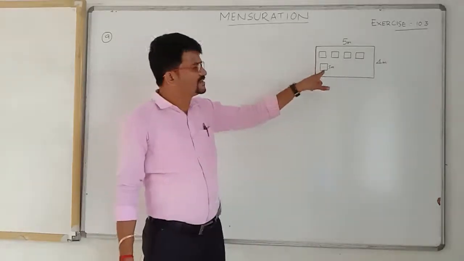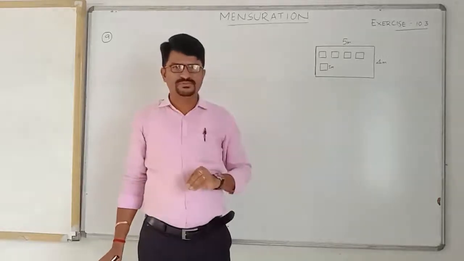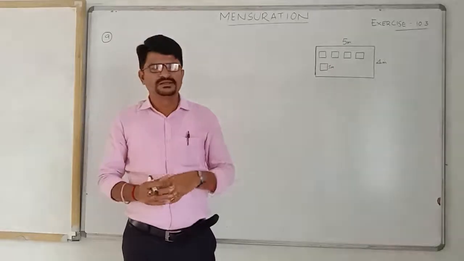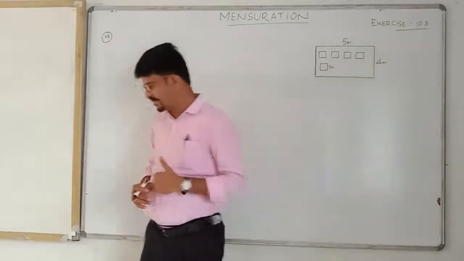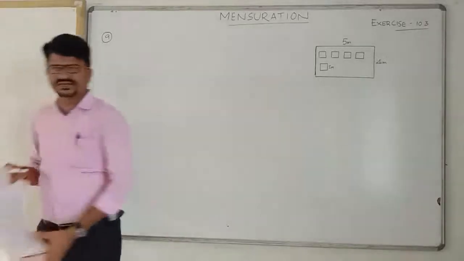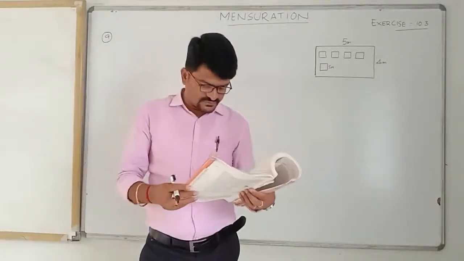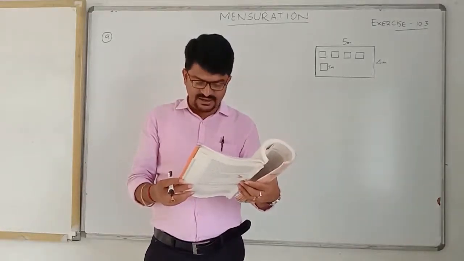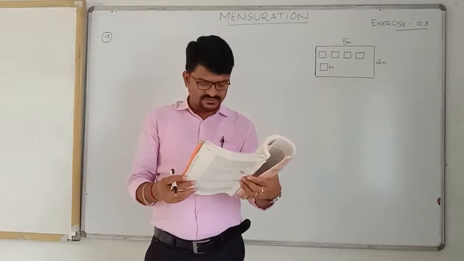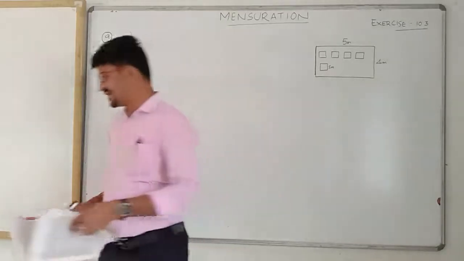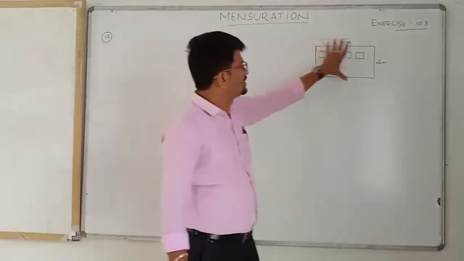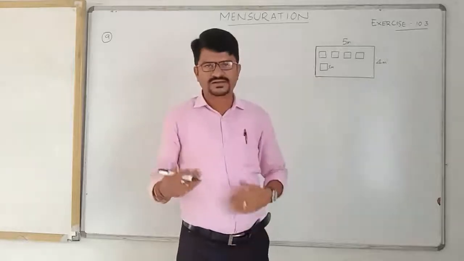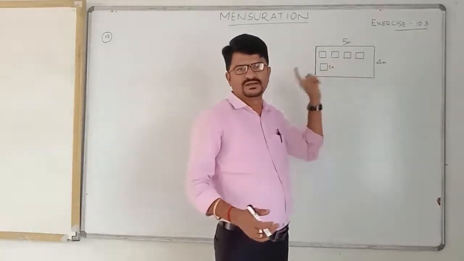Children, everything should be in the same measurements. Uniform square beds, those are all. They dug, meaning I think a little bit of a pit. Then what is the remaining area in the plot? Once again, I will read the question clearly. 5 square flower beds, each of side 1 meter, dug on a piece of land 5 meters long and 4 meters wide. What is the area of the remaining part of the land? Okay, this is the land. From there, we have to remove 5 square flower beds. Done. We need to find the remaining area.